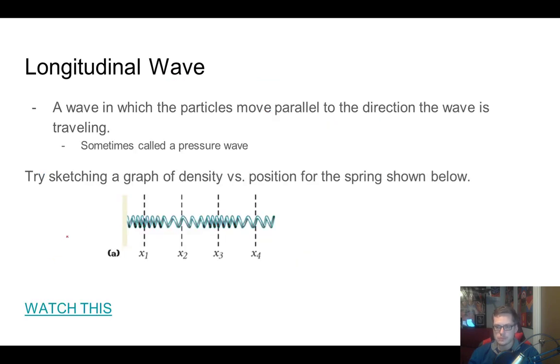All right. Now, the other kind of wave is called a longitudinal wave. These are waves in which the particles move parallel to the direction the wave is traveling. They're also called pressure waves. So if you take this spring here, and then here's a better example. If you've seen one of those air guns, where you pull it back and you let it go and the air pulse goes out,